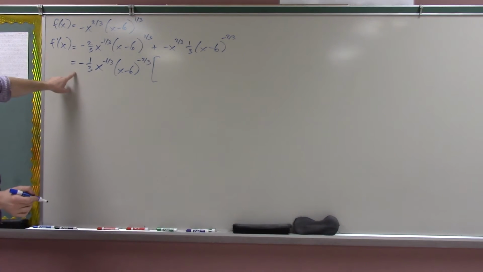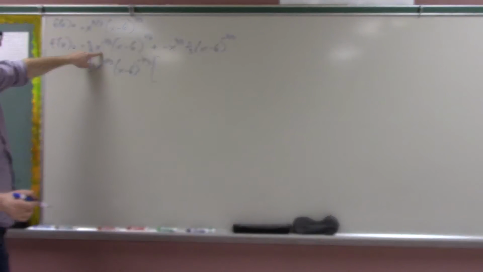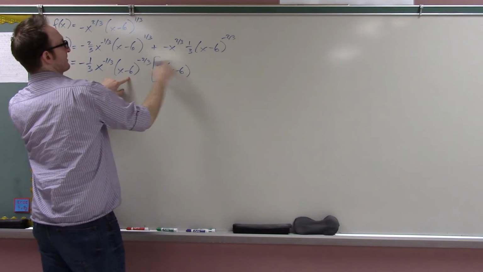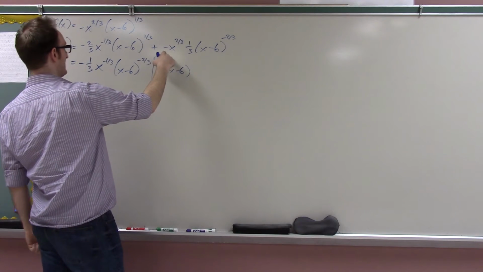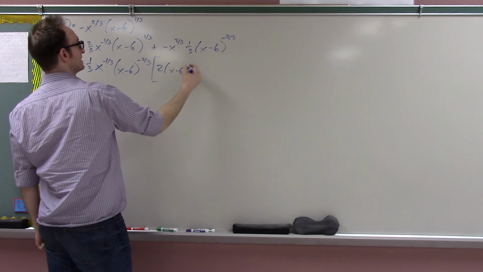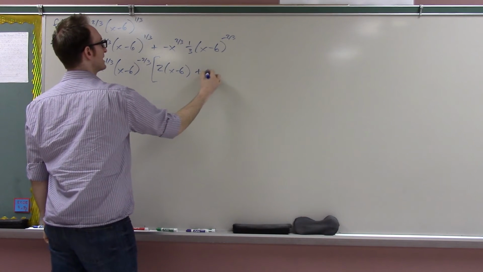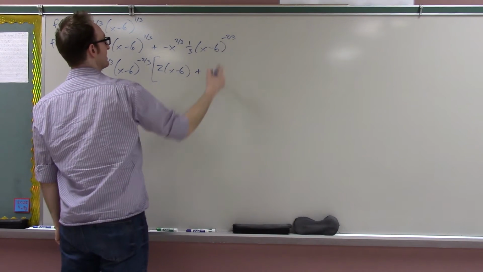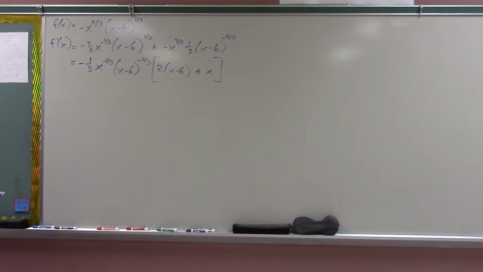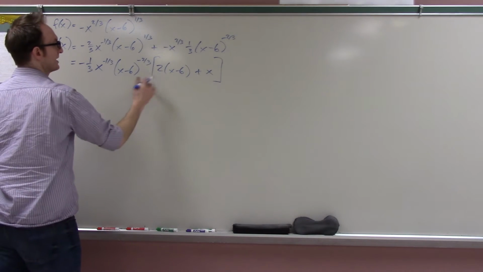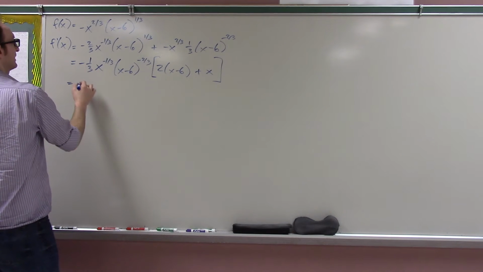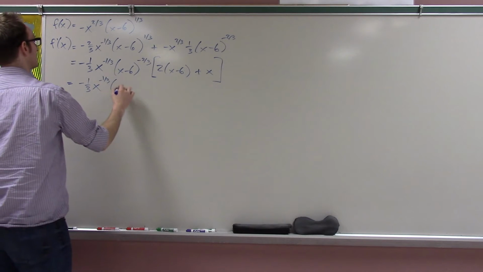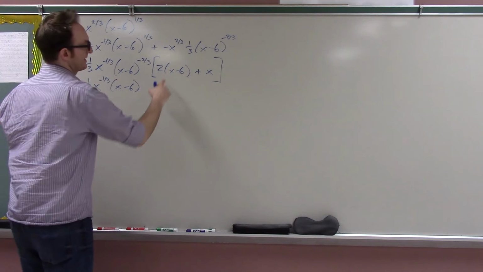If I do that, I'm left with, I got the negative, I got the 3, I got the x, so I'm left with a 2 and some number of x minus 6's, which happens to be one of them. Took out the minus, took out the 1/3. I need to put an x here. So it's just this. Actually, this is not so bad at all. This derivative is just negative 1/3 x to the negative 1/3 x minus 6 times